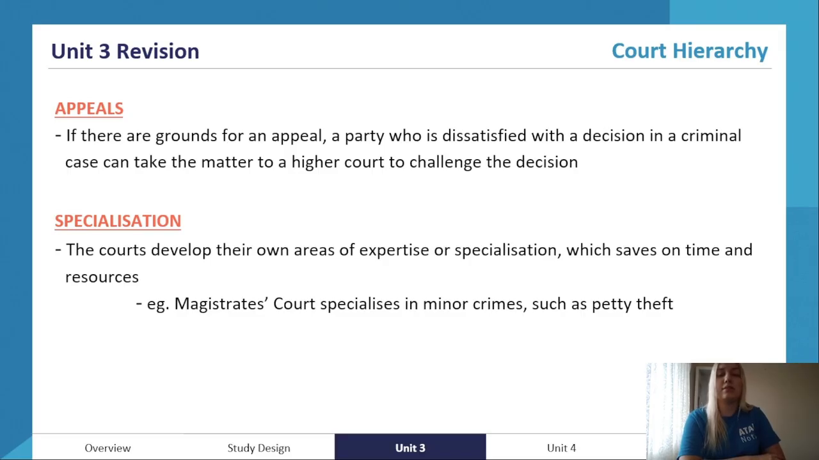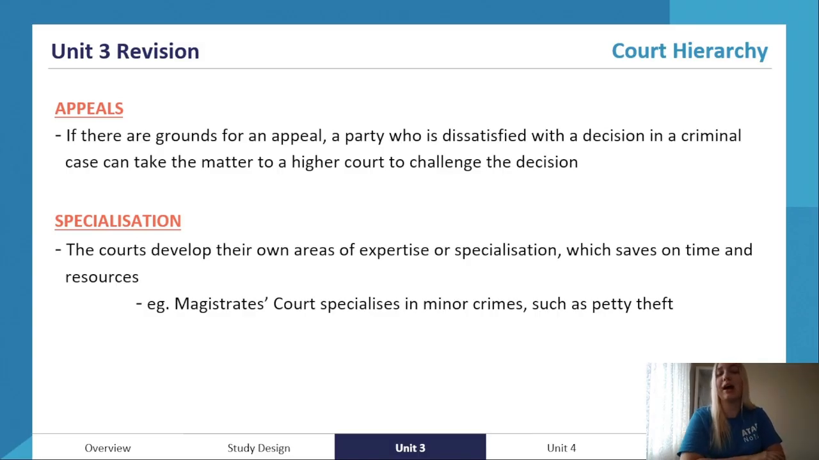Remember, it's different in the civil justice system, and even the appellate jurisdictions are different, and where appeals will go, they slightly differ. So the reasons for a court hierarchy you need to know and be able to discuss in the criminal justice system are appeals and specialization. Appeals